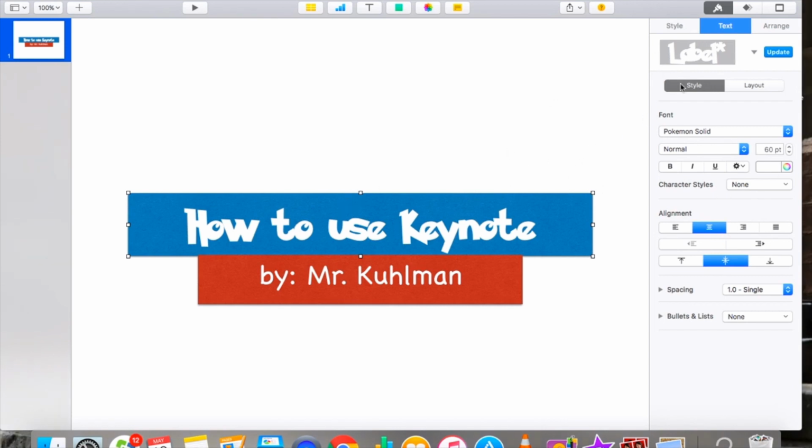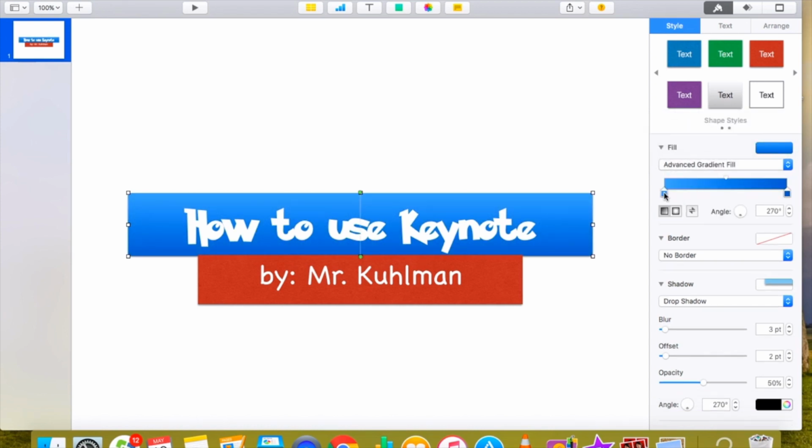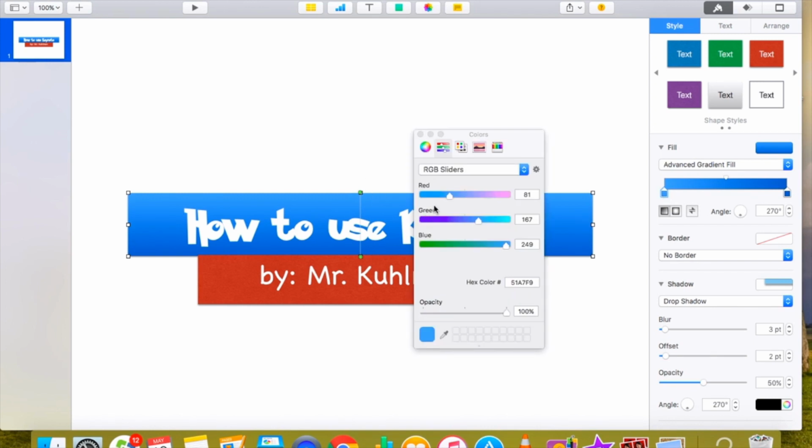So if you click on that text box, you can go back to style, and you have a couple of extra image options down here. So what we have here is just the basic coloring, but if you click on this, you have a bunch of different options just like in PowerPoint. So you can do advanced gradient, and you get different colors. So if you click on one of the squares to adapt,